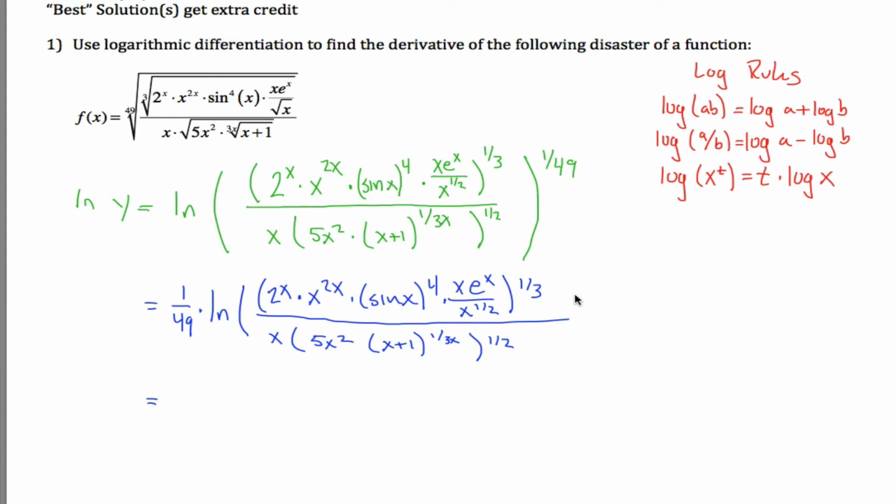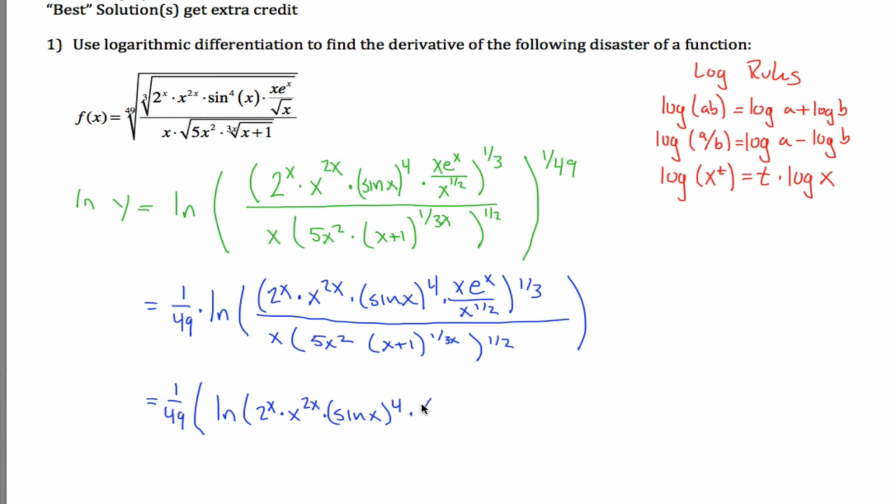Natural log of all that stuff. Well, what I now have is the natural log of a quotient. Here's the top, here's the bottom. So I can rewrite that as 1/49 times the natural log of the top, 2 to the x times x to the 2x times sine of x